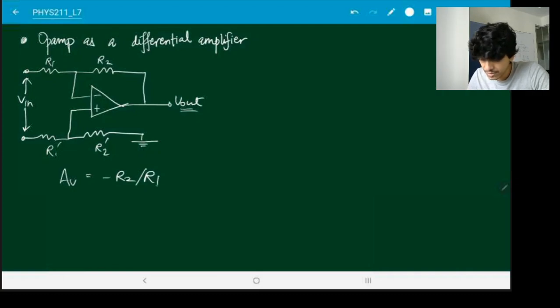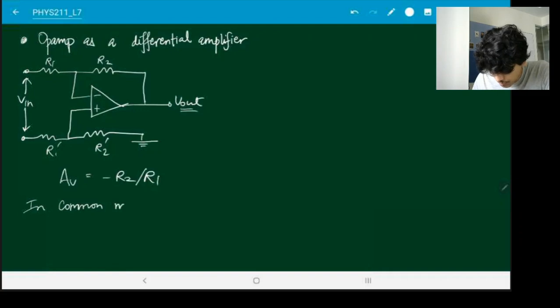And I will not derive this here in the lecture, but if you want to look at the common mode gain, what does common mode mean? Common mode means that if you apply the exact same voltage to both of these input terminals, then what is the gain? Ideally, that gain should be 0, because that is what you expect from a differential amplifier. But there will always be, because of the internal components within the op-amp, because of some stray noise, etc., you will not get exactly 0. You will get some small gain even in the common mode. So that we want to minimize.